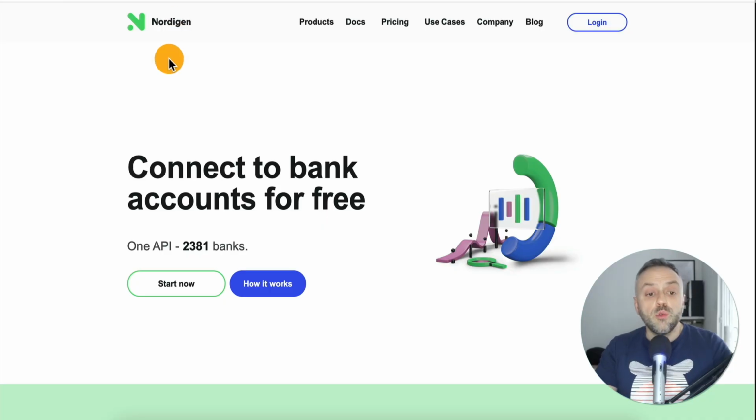Next, I want to show you a tool called Nordigen. And this allows you to connect to bank accounts for free. One API, 2,381 banks. And so if you've ever used tools such as Quicken or Mint or similar type apps such as